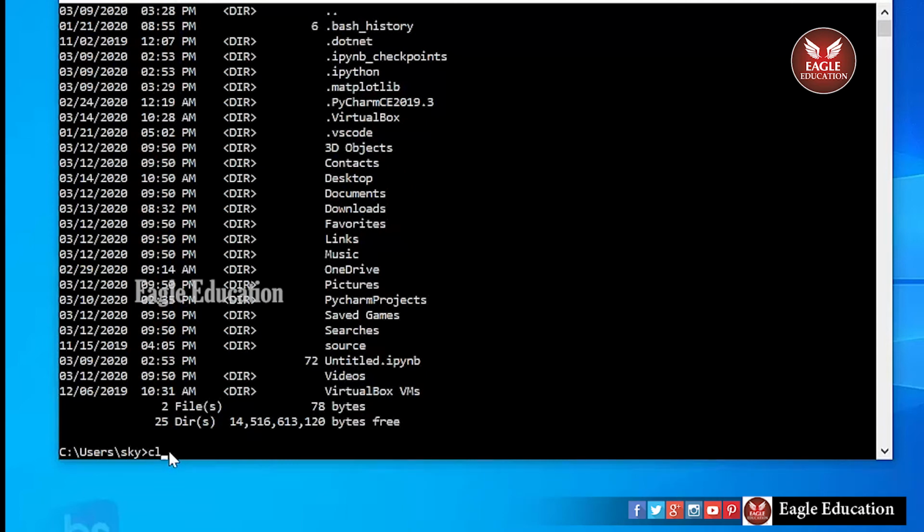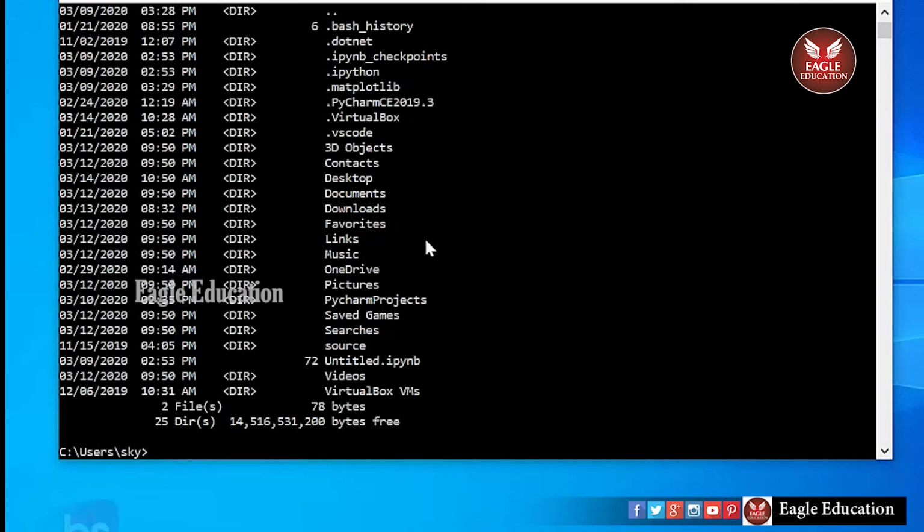Now, with the help of directories, we will use the command cd to change from one directory to another directory. I will show you. If I enter dir, you can see it's showing a music folder, and there is a directory called documents. All right, now see here: cd space Documents,